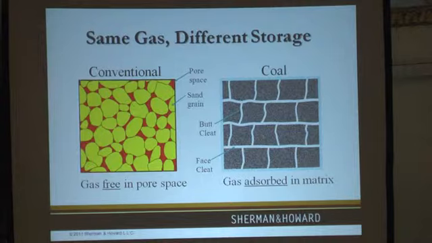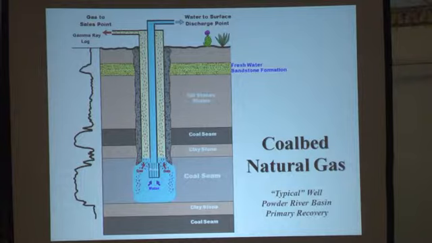With coal, it's in between those fissures of the coal. So I'm sure a lot of you have probably seen a piece of coal. It's not very porous when you look at it. It's delicate, but it's not like sand. You can't look at it and see that there's lots of spaces in between those sand grains. And it also stores a lot of water. So the water is pumped off and the gas just kind of floats off. And later in production, it's also sucked out by putting negative pressure on the top.